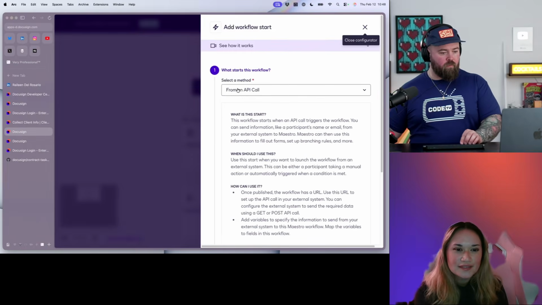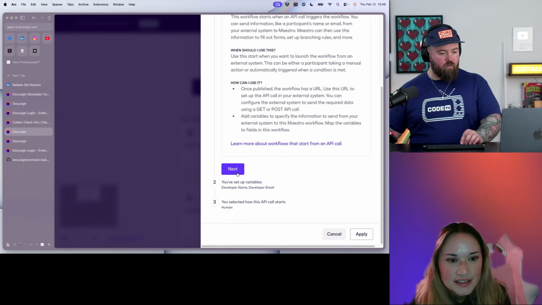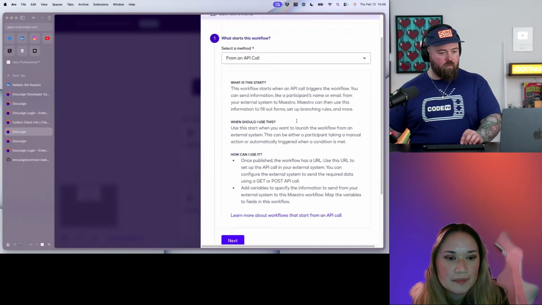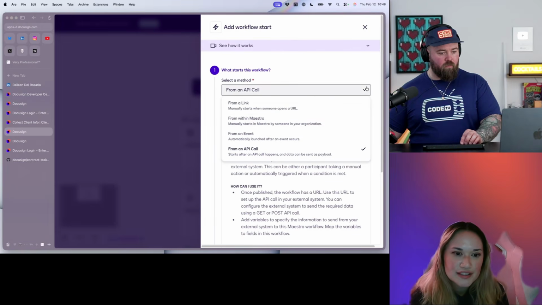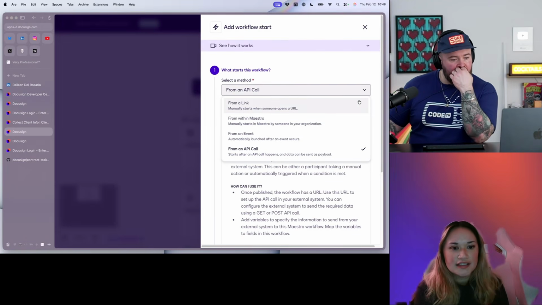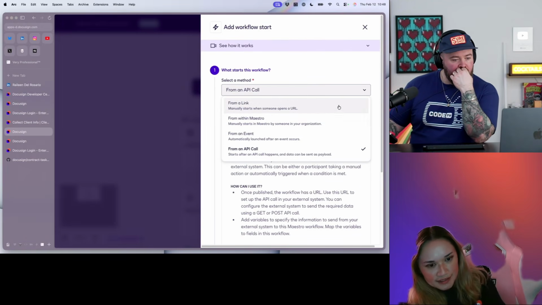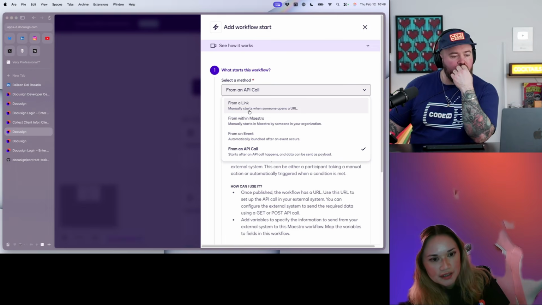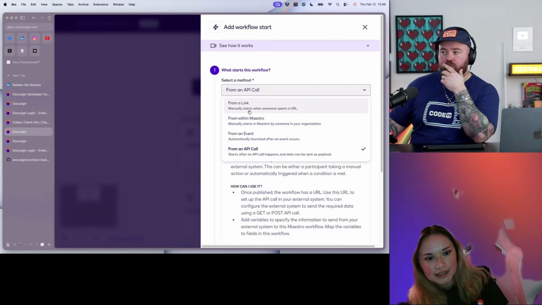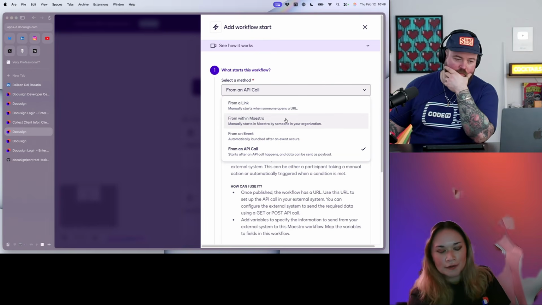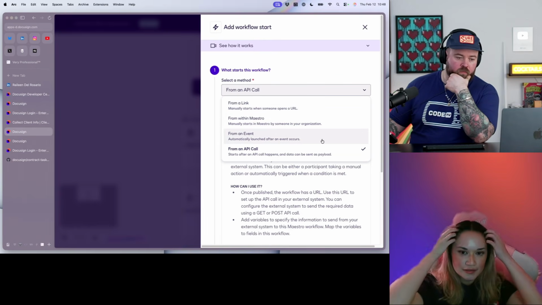Okay, if you hit that and go to the drop down where it says from an API call, from a link is another one I want to point out, because you can dynamically generate this and also put it in an email to trigger the workflow. From within Maestro we did that already, which is in the UI.